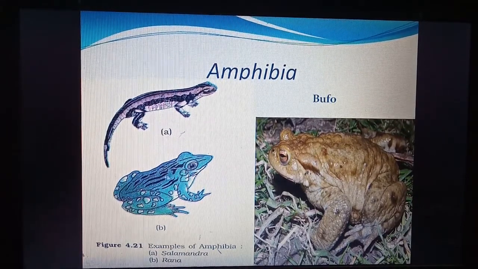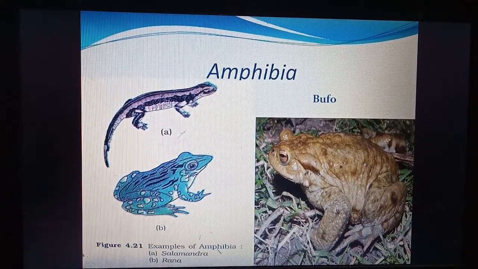This is common Indian frog, Rana tigrina. The species is tigrina. In this we can see this is the mouth and the rest of the body is trunk. And we can see the hind limbs. Hind limbs are these. The backward legs are longer, while the forelimbs or front legs are smaller. And here we can see a tympanum, a thin structure which acts like the ear. Eyes are covered by eyelids.